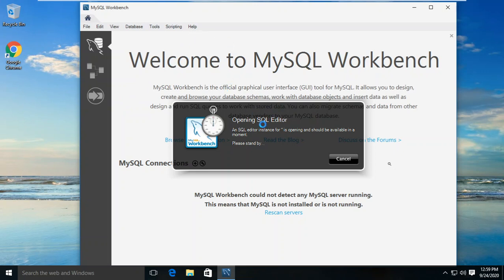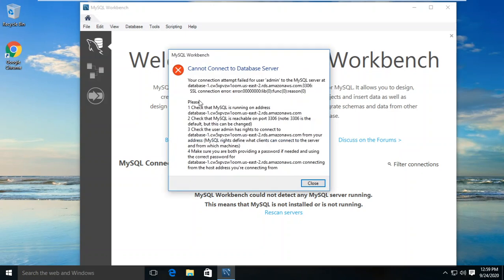So it is still working on it. Let's just wait for a moment. It may take a few seconds, not more than that. And once we get that console, we will be able to easily execute our queries and everything. We will be able to monitor the SQL server there, and we will be able to create tables. We can do whatever we want to do on it.